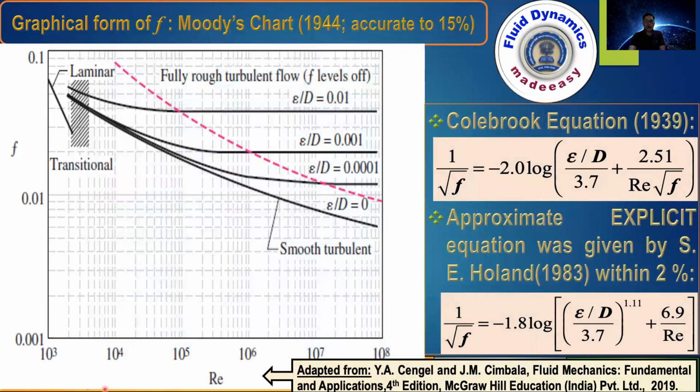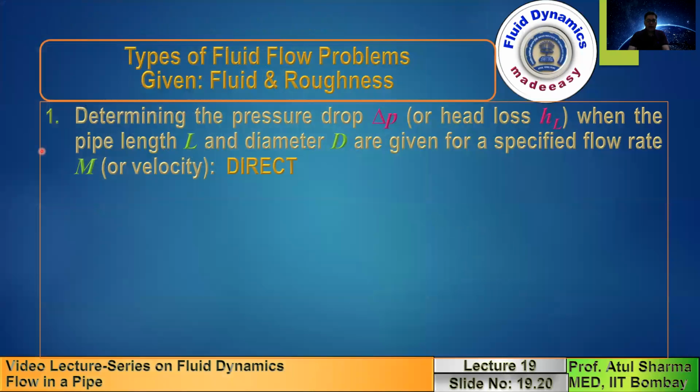Once you know the Reynolds number, if you know the diameter, average velocity, and the fluid, you can calculate the Reynolds number. If the roughness is given, you know epsilon by D. And once you know epsilon by D, so let's suppose epsilon by D is this and the Reynolds number is this, you can pick this value as the friction factor. This way you can calculate the friction factor. This is a direct method. The other two methods are indirect in a sense, because